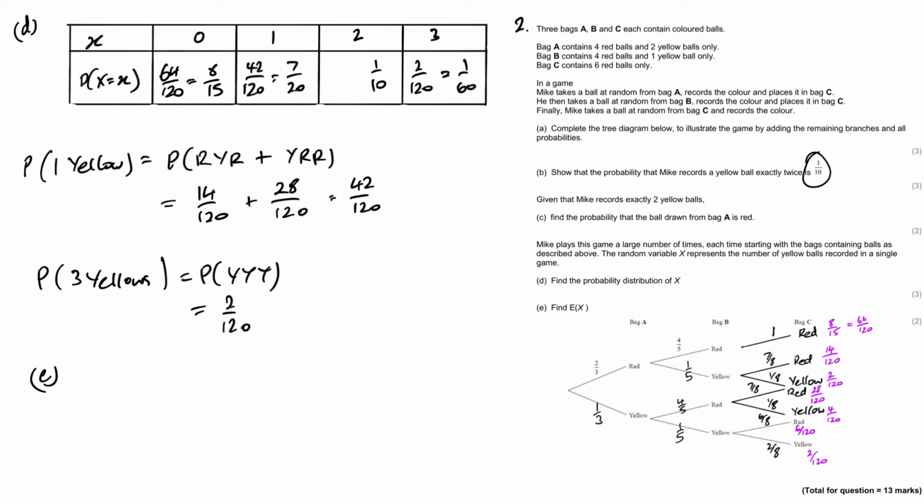E is fitting, find E of X. And all I've got is 0 times this, 1 times this, 2 times this, 3 times this. Okay, dead easy, nothing too difficult there. What I would say is with the 2, if you change that into your 12 over 120, because now all of these would be a fraction over 120, you could go and take 120 out